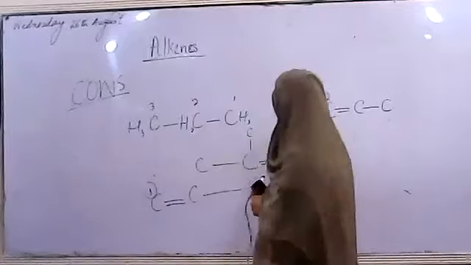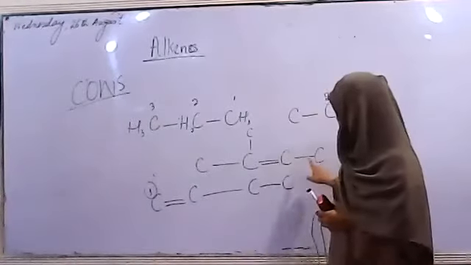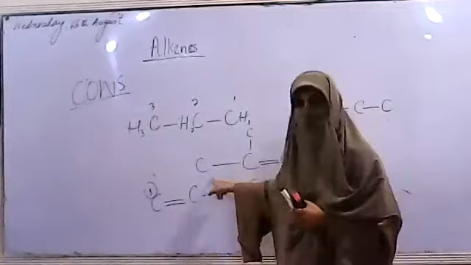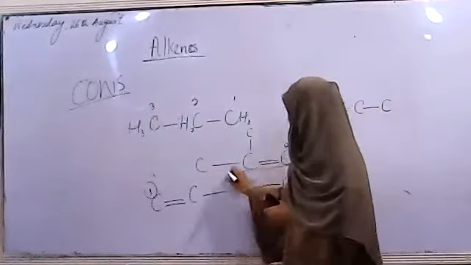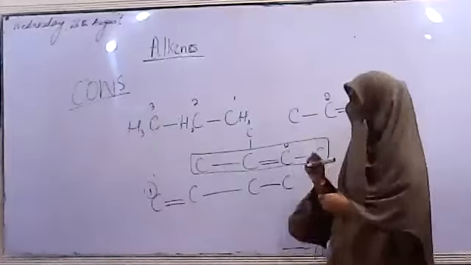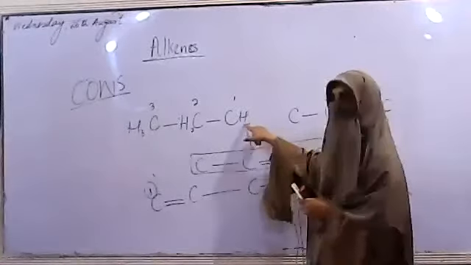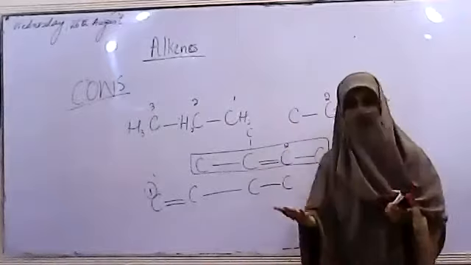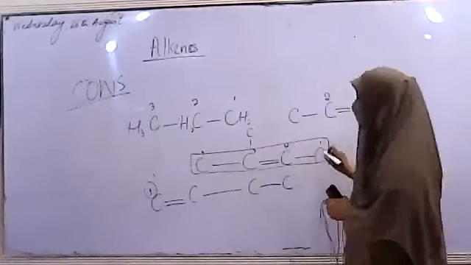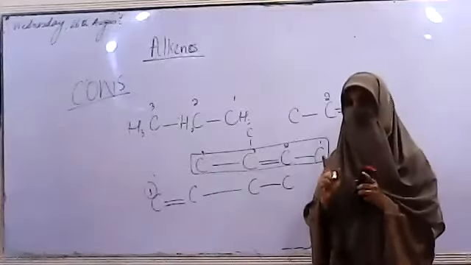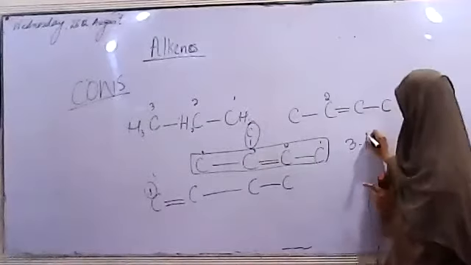For example, I told you this is 2-pentene. Same, 1, 2, 3, 4. Now, it will be butene with 1 methyl group. If we are going to write the name of this compound, let's say 1, 2, 3, 4. So we will firstly number the substituent: 3 position, 3